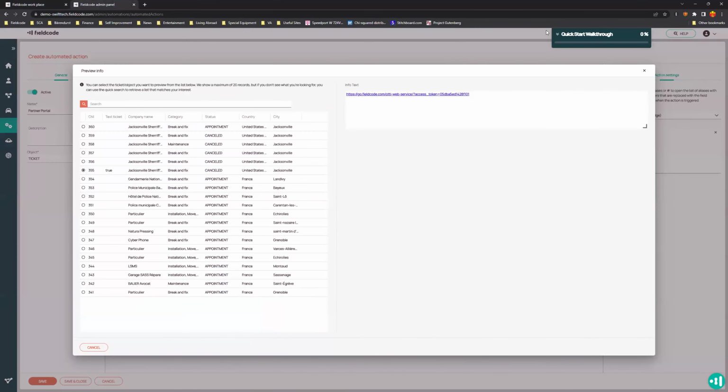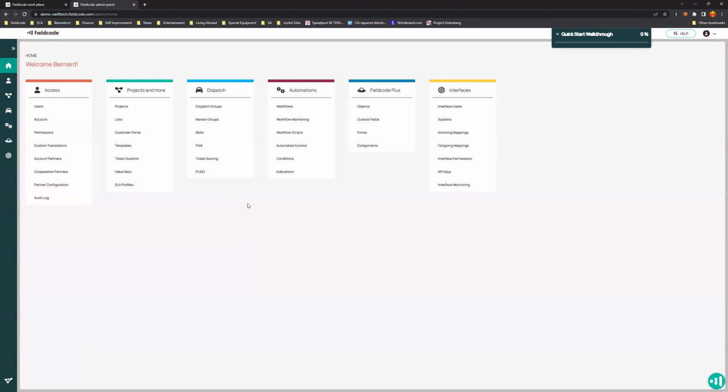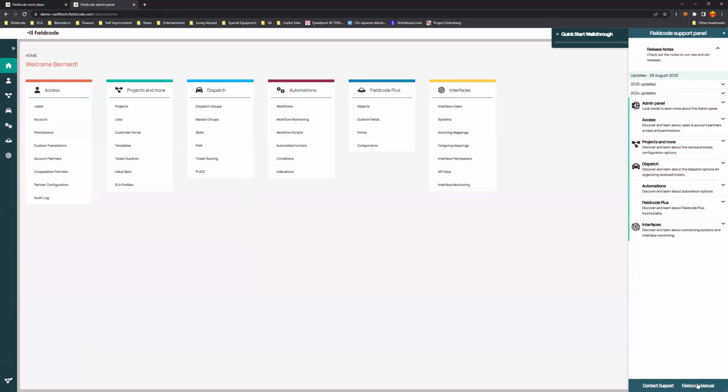On our admin panel, let me go ahead and close this out here real quick, go back to the front of our admin panel. On our admin panel, there are now workflow error alerts and interface error alerts. Unfortunately, I have tried many times to create a workflow error, but apparently I'm just too good with Fieldcode and I was not able to create a workflow error. Even when provided with instructions on how to create the error, it just did not seem to want to happen